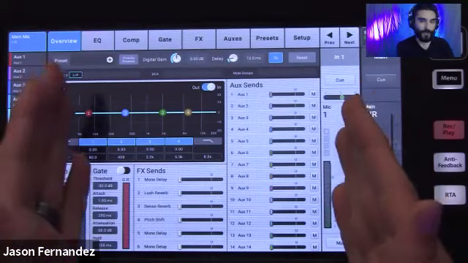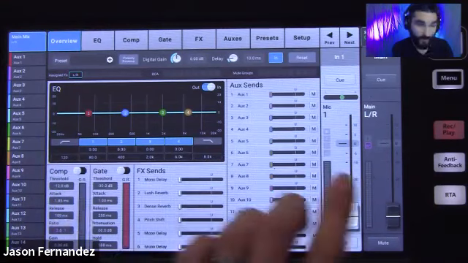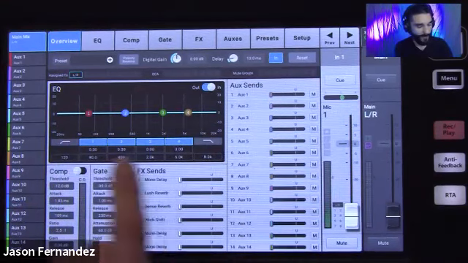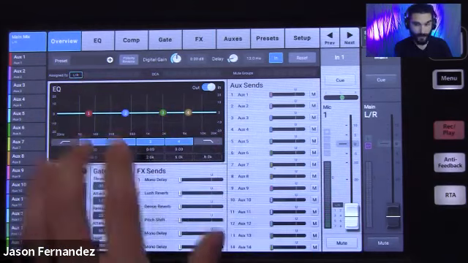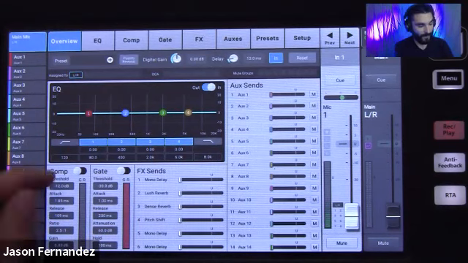This is actually our overview screen. So this is like a one-stop shop, I like to call it. It's showing you your more show critical controls on a single page. It essentially allows you to see the complete configuration of the channel from one screen. And all of these controls are active as well. So I have my EQ curve here. I can see any EQ that's on there. I have my compressor and my gain reduction meters, and my controls here.